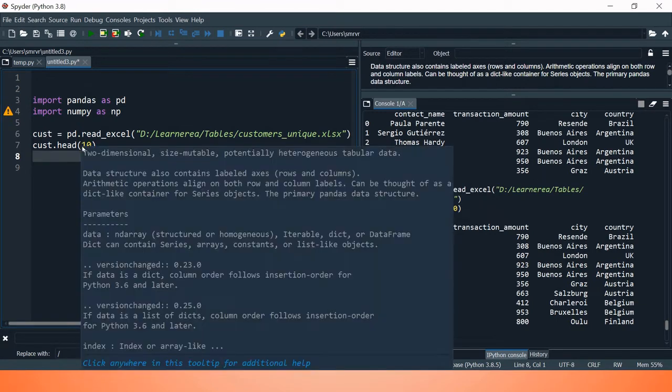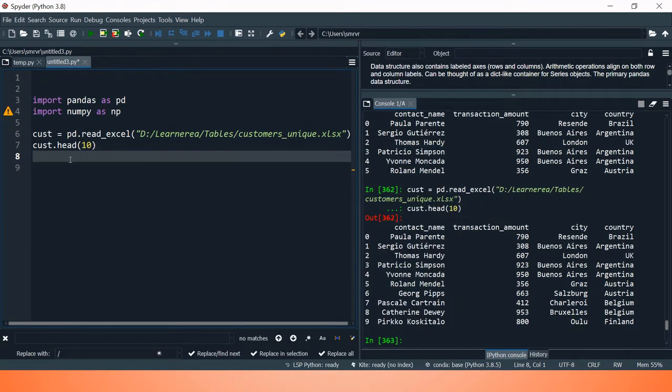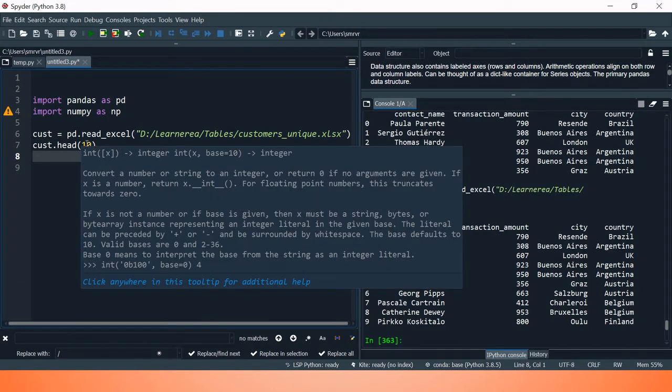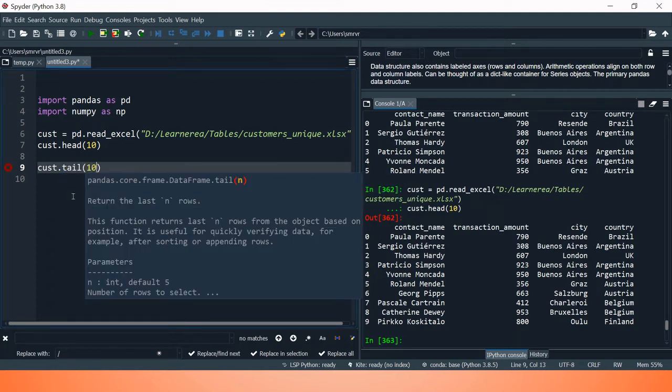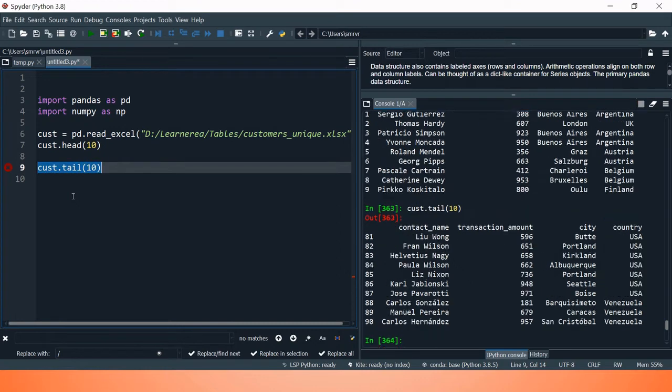Whatever number you specify over here, it will select those many rows but starting from the top. You can also select from the bottom. For that you're going to say tail, and then you're going to put 10. So this will make the selection from the bottom. Like you can see, it starts from 81 and ends at 90, which is the last observation or record or row in this data frame.